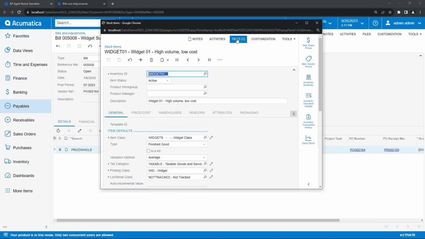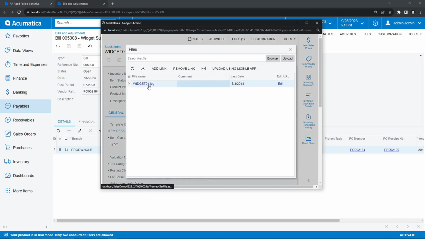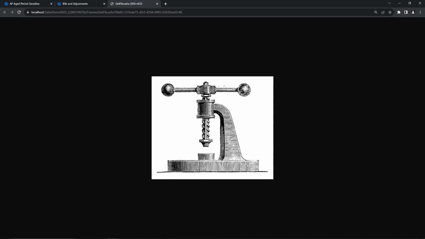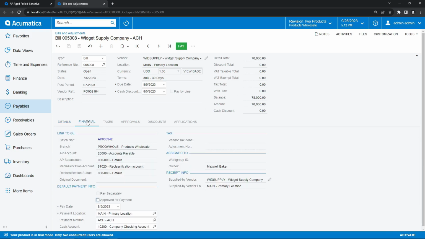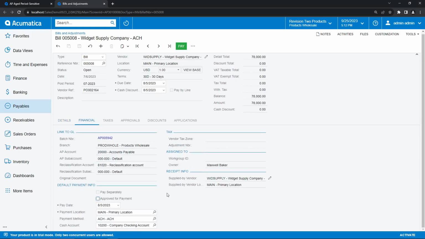If we open this up, we can see it is a JPEG file, and I'm assuming this is what the widget 1 item looks like. Files and notes can be attached to any of our records, which can be very useful in a situation like this. Back on our transaction record, under the Financials tab, we can see that some of our default payment information